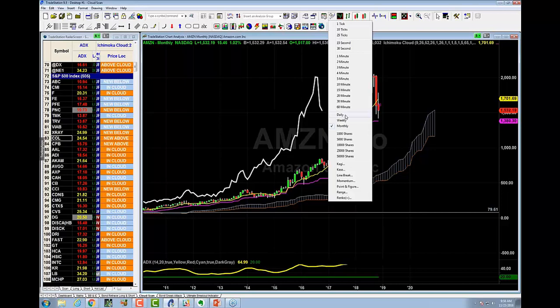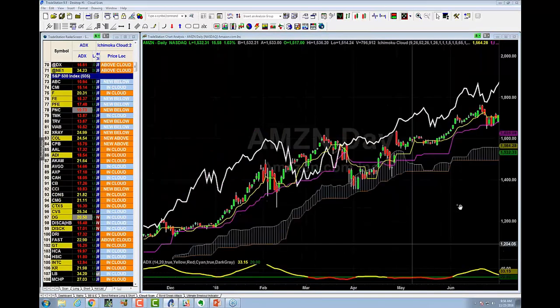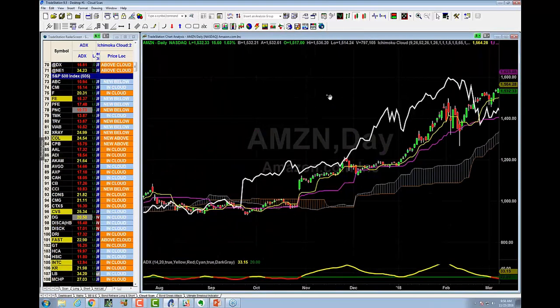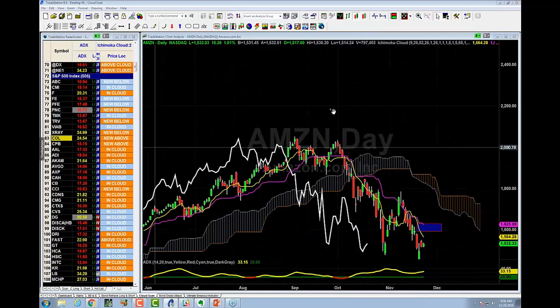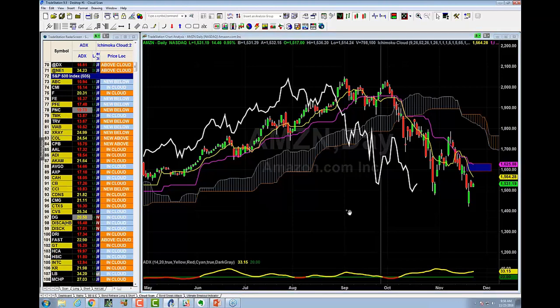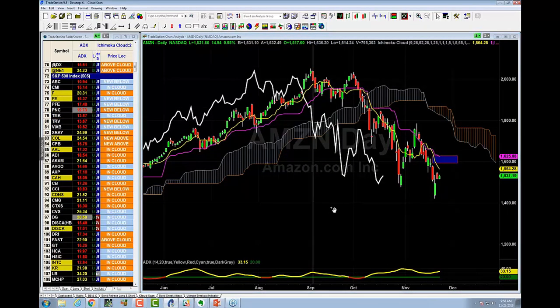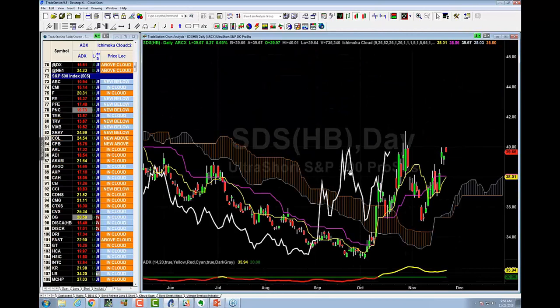Hear me say it's a short here and it's a long here. And I just also didn't say, hey, it's a long here and then it's a short right here. I didn't say that. So I'm always missing usually the first 15 to 20% of the move, and then I get the meat in the middle. Yep. SDS is a long with a stop of 38.01 and a target of $44.